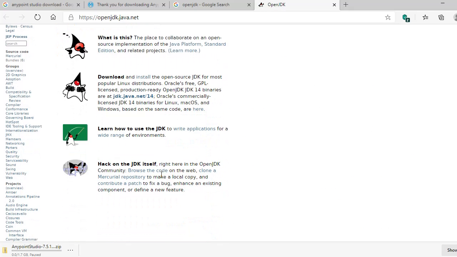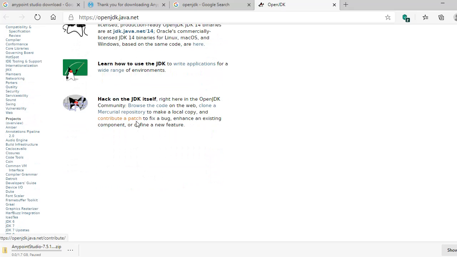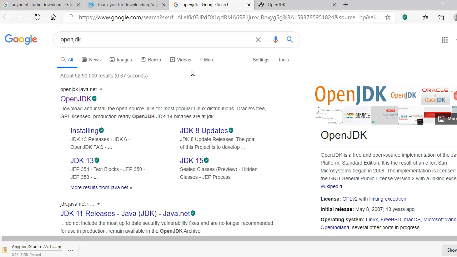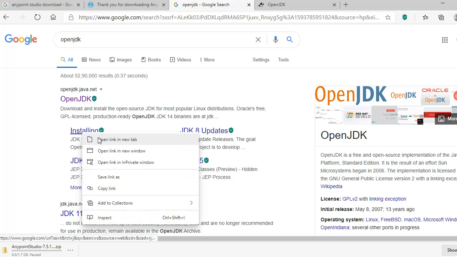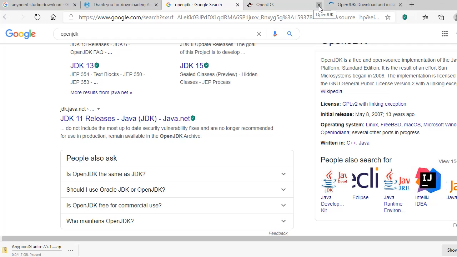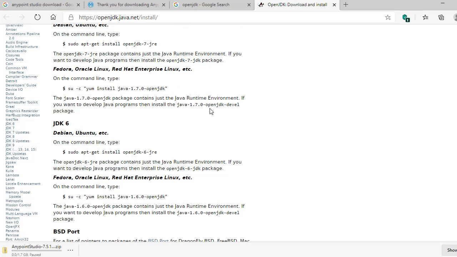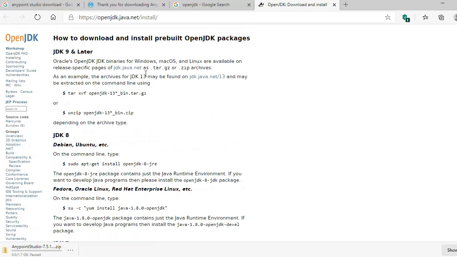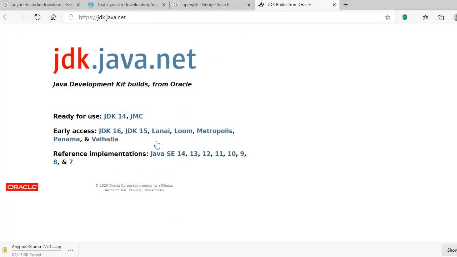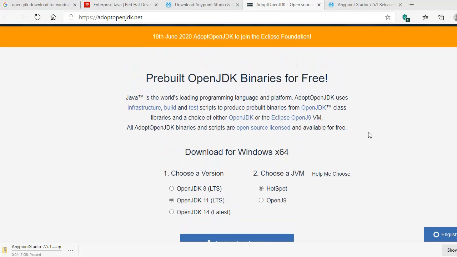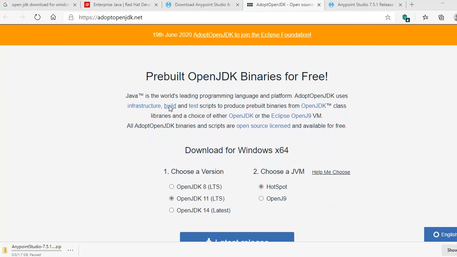So this is our OpenJDK environment. Here is the link to download this OpenJDK.